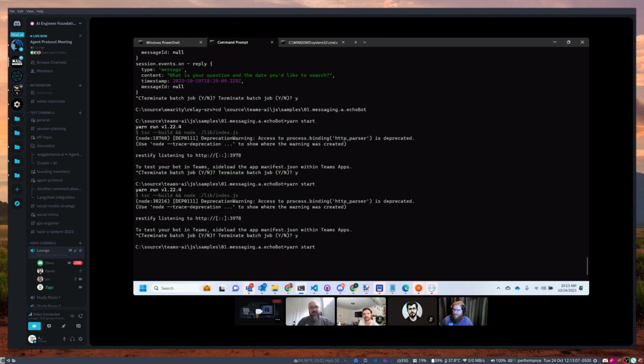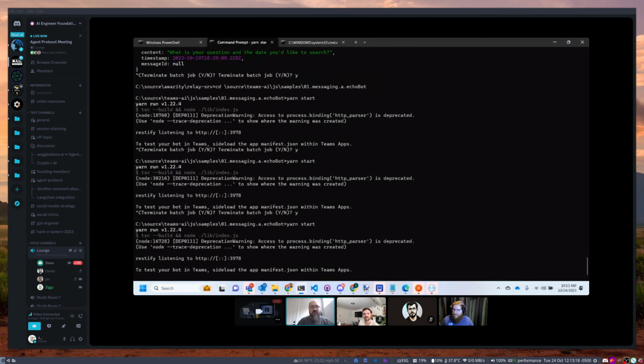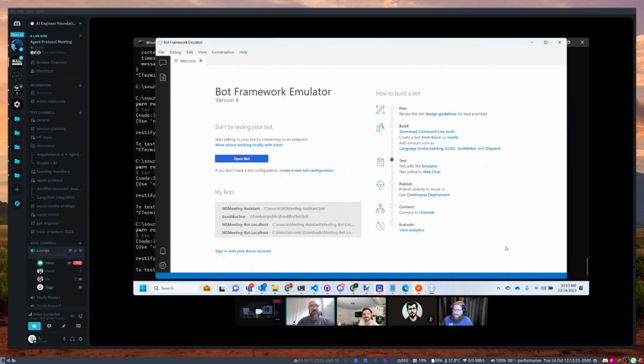I'm going to start a simple little Echo bot that I have right in the Teams AI library. This is starting up a server running on port 3978. Now we can come over to the Bot Framework Emulator, and to communicate with this bot locally, this is basically a fork of VS Code from like VS Code 1, so it's almost 8 years old now, or whatever this fork would be.